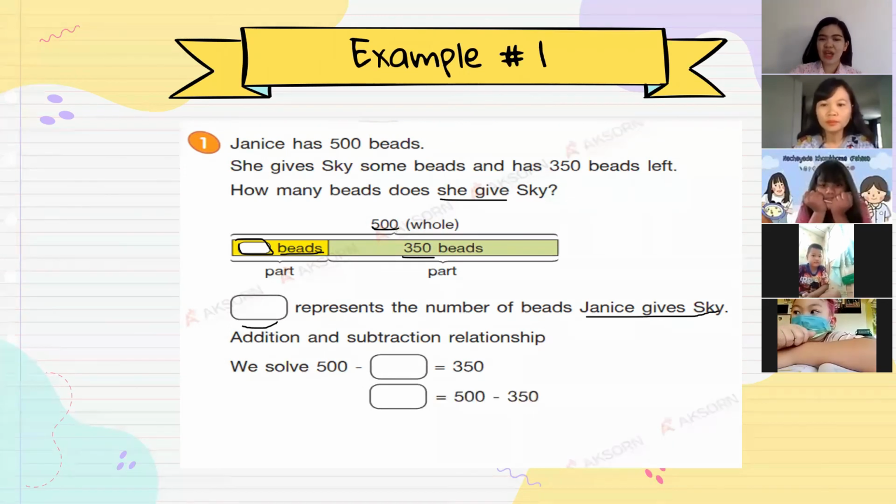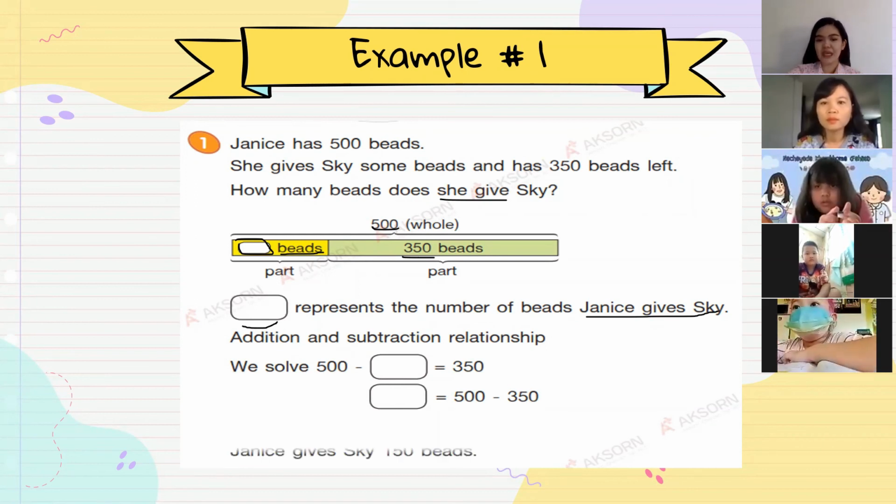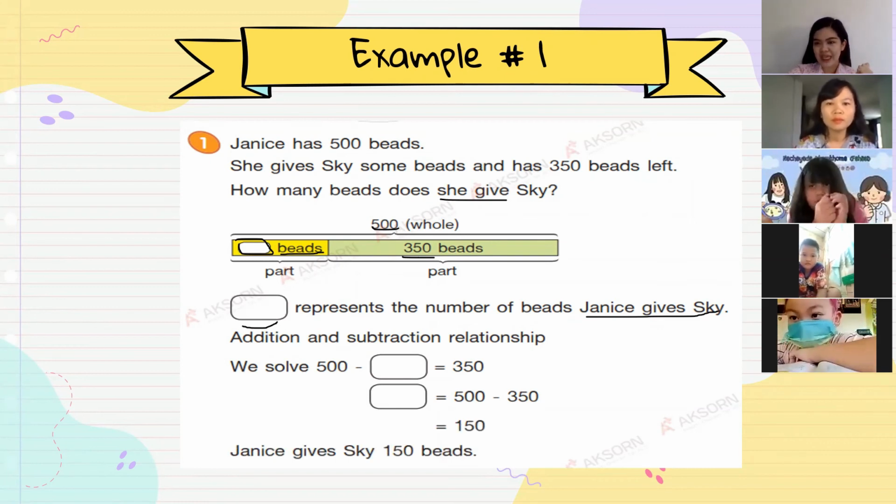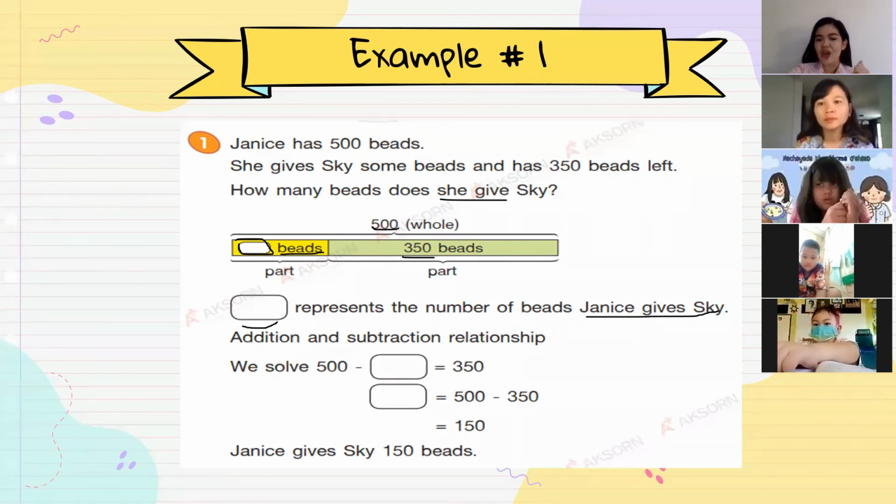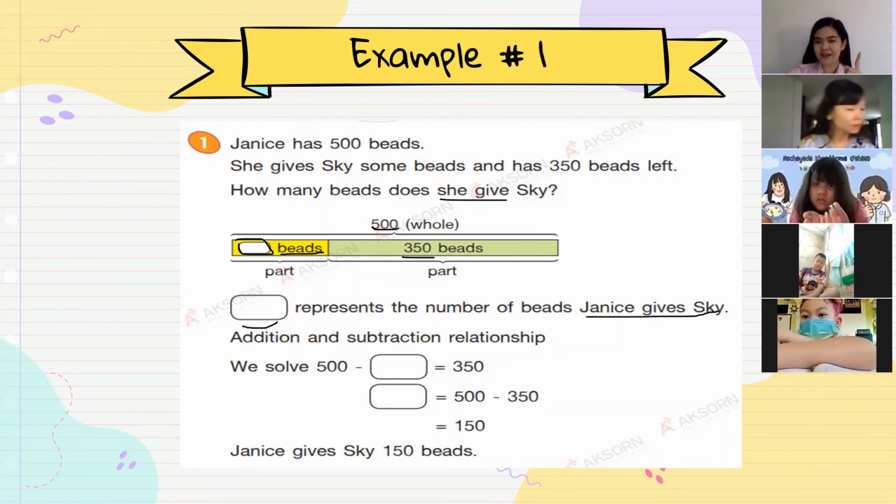So you're going to put 500 minus 350, so we can know the answer. Okay, so 500 minus 350 is equal to 150. So Janice gives Sky 150 beads. Okay, เข้าใจไหม